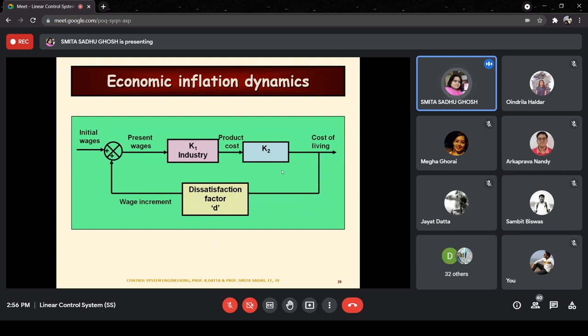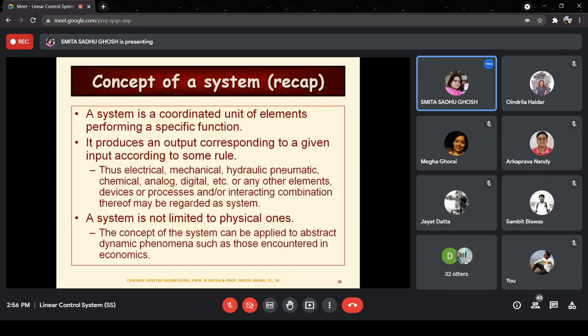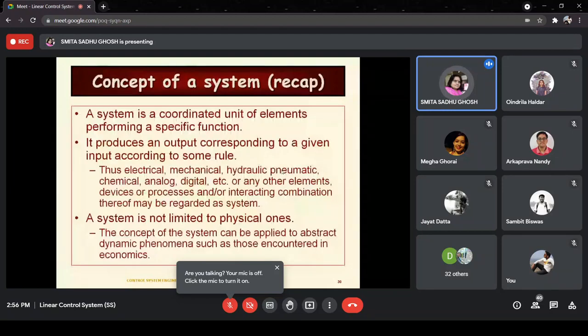There are other such examples as well. So you can try to find out more such examples. Usually in class I ask, but here, it is very difficult to ask, because if I ask and nobody answers, then I keep on sitting without any action. It's sort of embarrassing. But in case you think about it, you will be able to come up with more such examples of positive feedback systems. Very few of them, but they are around you. On the other hand, examples of negative feedback systems are plenty, right? Most of the systems that we would be studying would be having negative feedback.